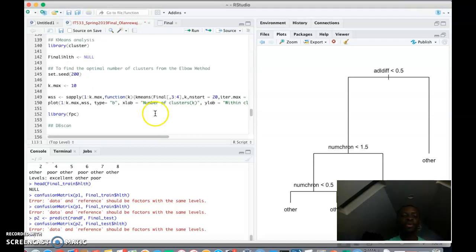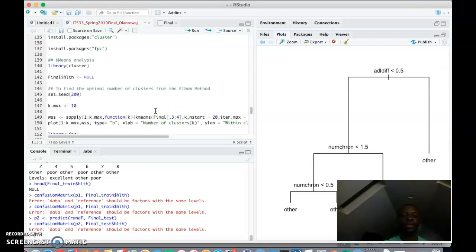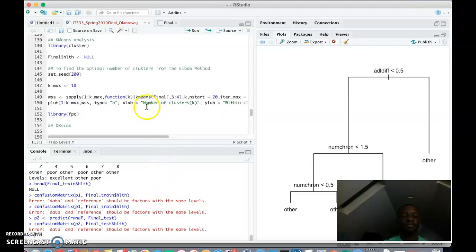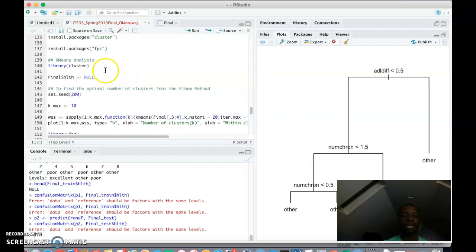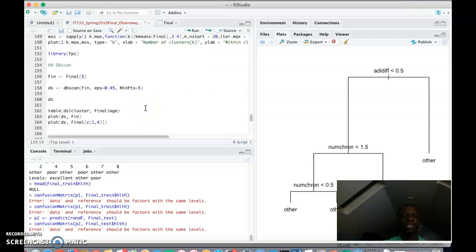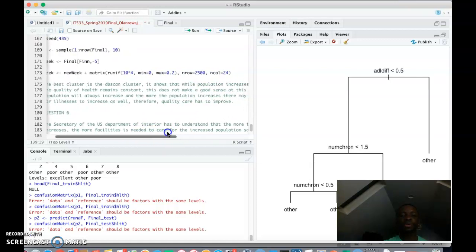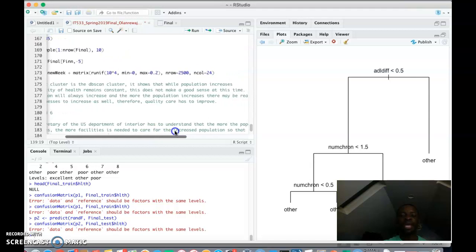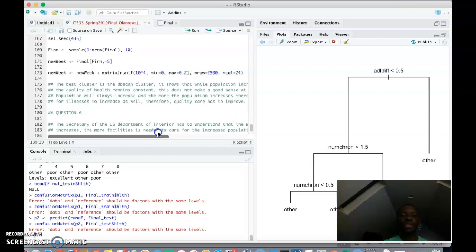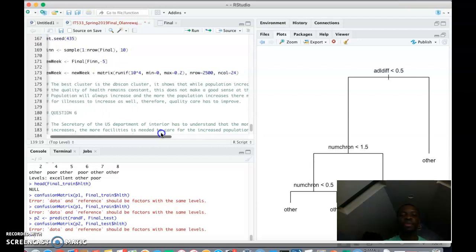So the next question took us down to make a cluster, and the cluster I made here was the k-means analysis and the DBSCAN, as you can see here. And the best cluster in this is the DBSCAN cluster that I was able to come up with. It shows that while population increases, the quality of health remains constant. This does not make good sense at this time. Population will always increase, and the more the people increase, there may be the reason for